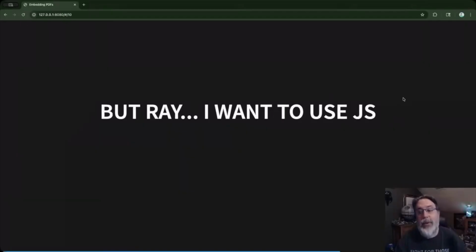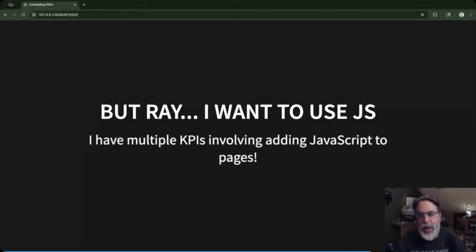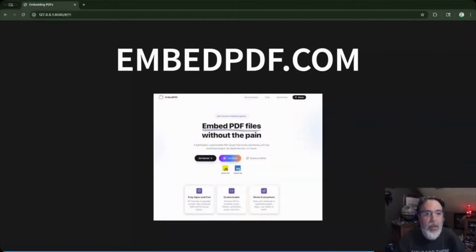Now, what if you really, really want to use JavaScript? Yes, like you have to, right? Like you can't go on the web without using JavaScript. So what are your options out there? Well, there are a couple different options that you can pay for. I've worked for some of these companies, or you can use a free open source JavaScript library you can find at